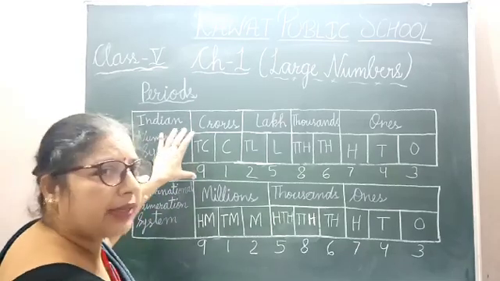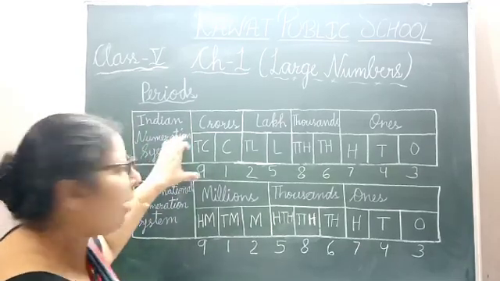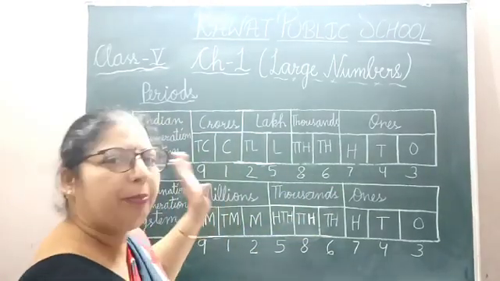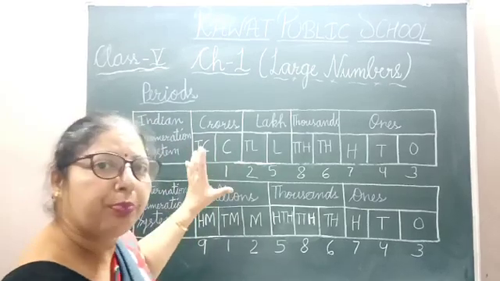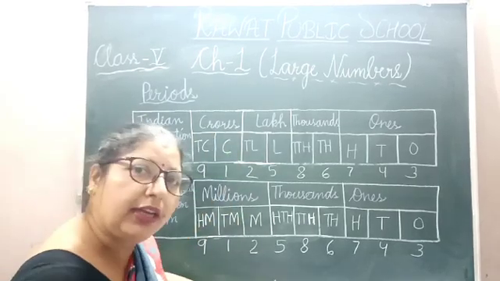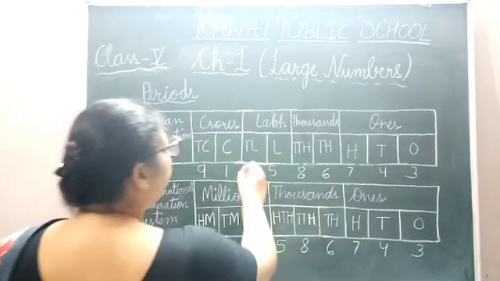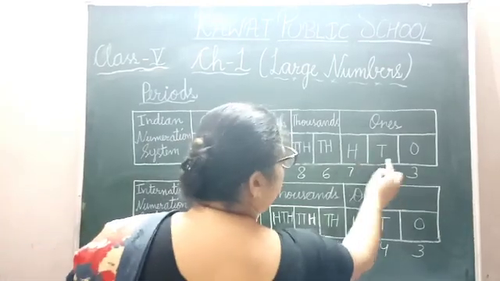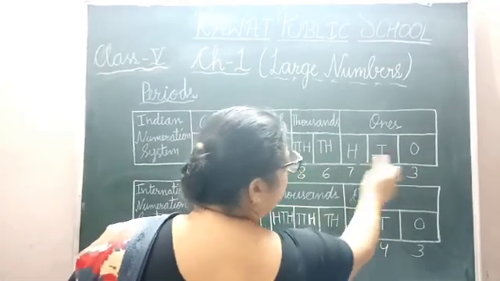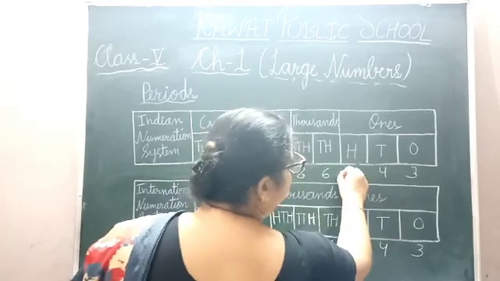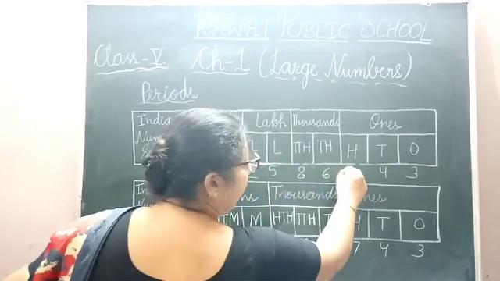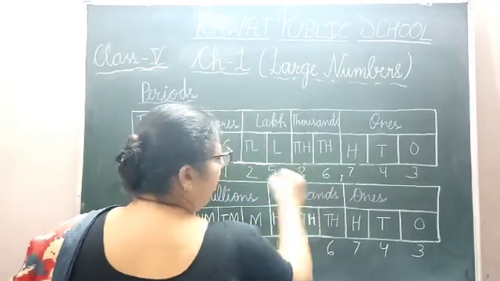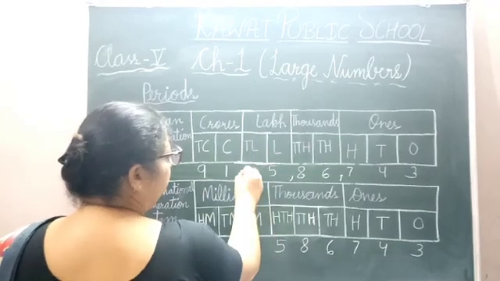Now in this system we divide each digit according to its position. What is the place of each digit? We place each digit according to its position in the Indian system and the international system. Now how do we read this number? Look here: ones, tens, 100. After this period we put a comma, according to the Indian place value system. Then 1000, 10,000, put a comma here. Then lakh, 10 lakh, then put a comma here.